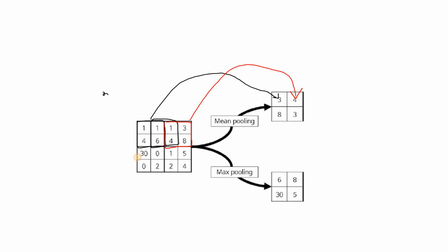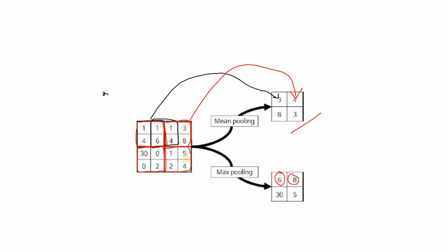Here, in the vertical direction also the stride is 2, so we will directly come here, and then next time when we do horizontal movement, we will go here. So like this, if you are using mean pooling, that is, representing the whole region by the average, then you will get this kind of lower dimensional outcome. But if you are using max pooling, then among whatever area we consider, the maximum value is taken. See 1 1 4 6, so here 6 will be the representative because the maximum value is 6. Then in this particular part 1 3 4 8, 8 is the maximum. Like this we are getting.